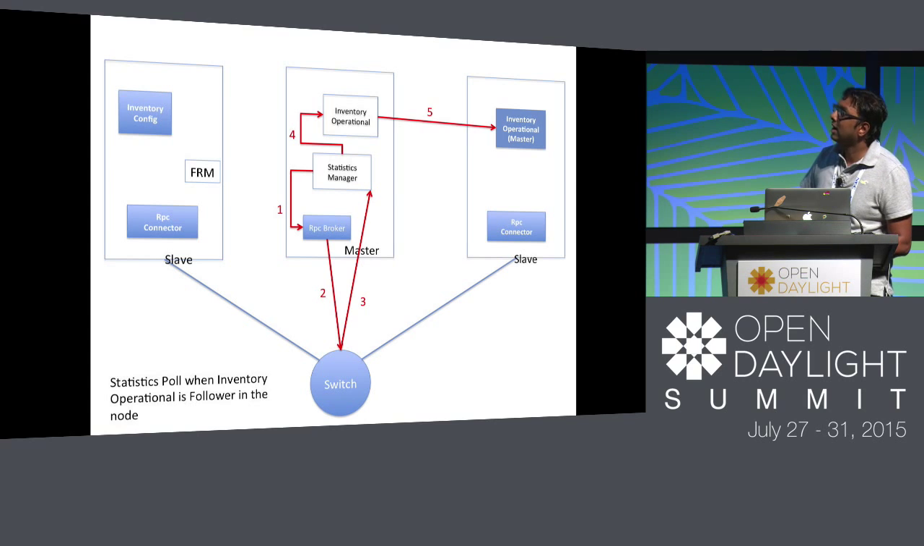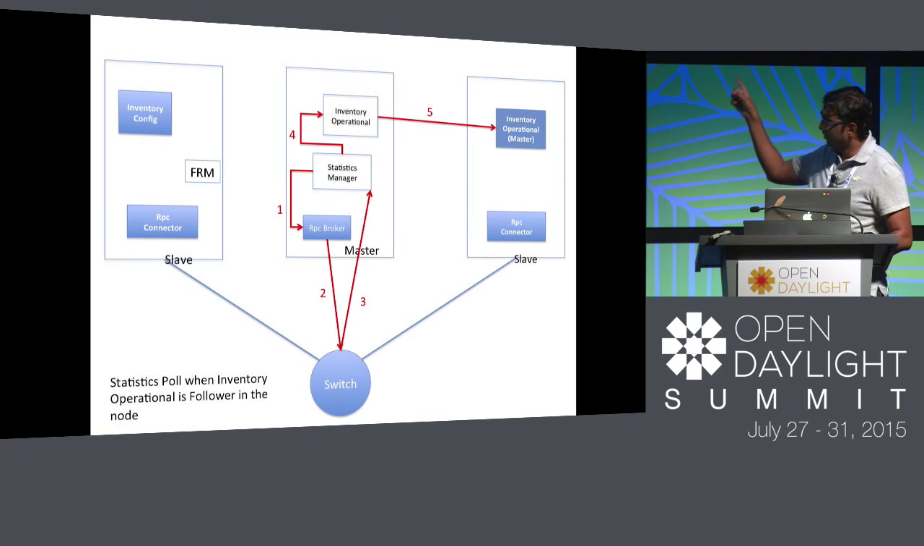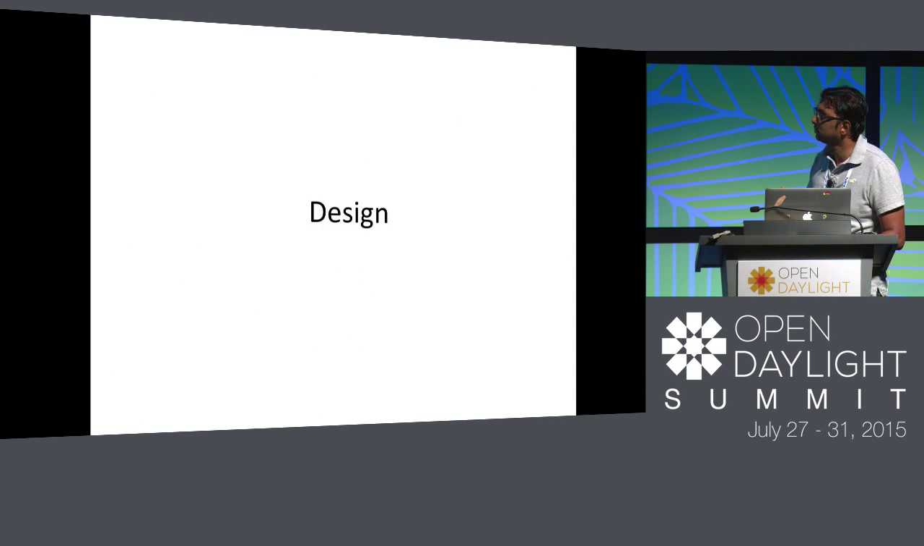And the stats manager then tries to store it into the inventory operational, which is local, and the inventory operational is follower in that node. So then all the stats will get put to the master, which is in some other node. So this is how the stats manager will work if the master of that particular OF node doesn't have an inventory operational leader. That's roughly the design, and